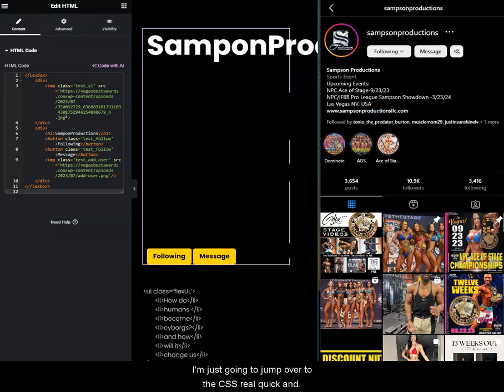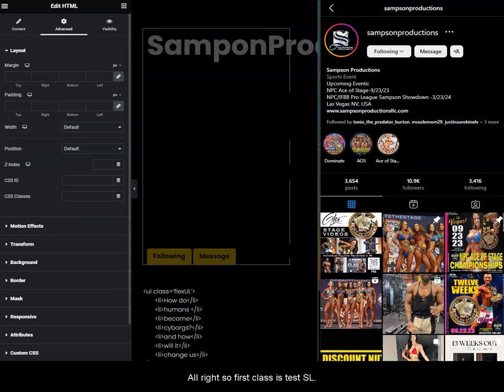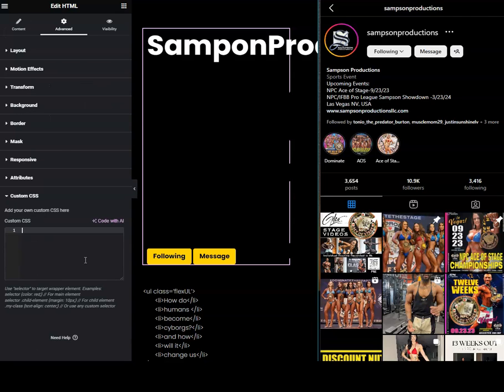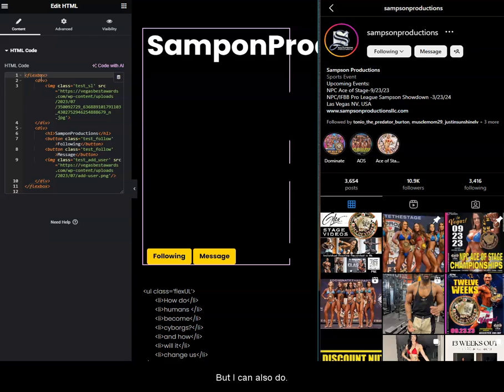I'm just going to jump over to the CSS real quick and do that. I'm going to copy this over just so I have my classes. All right, let's see. There we go. All right, so our first class is test SL. Let's do that. And then I'm just going to write in on this test program. It's Elementor. You can just write in. You have a selector for this area. But I can also do